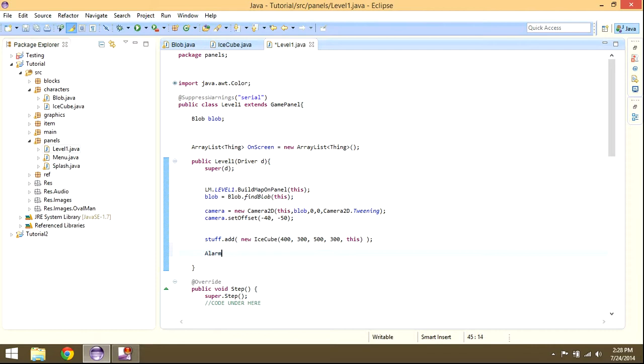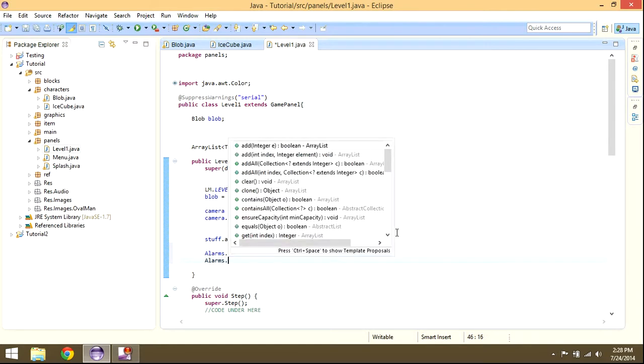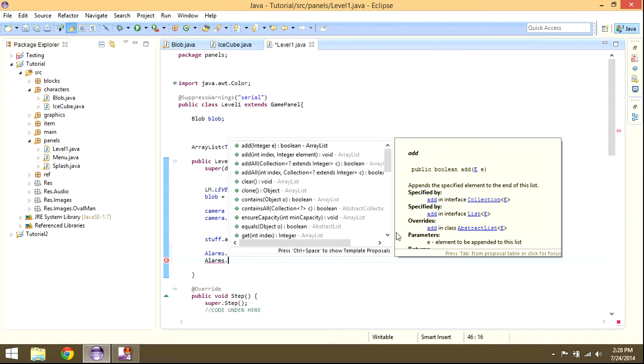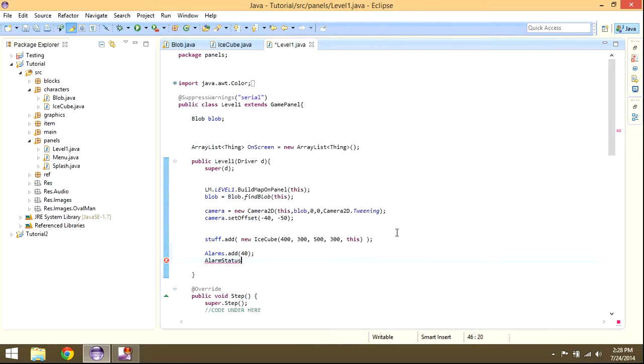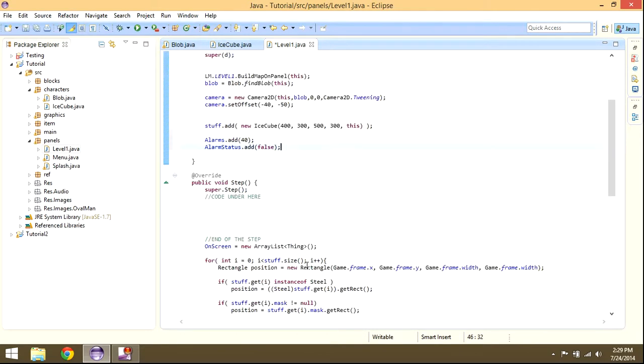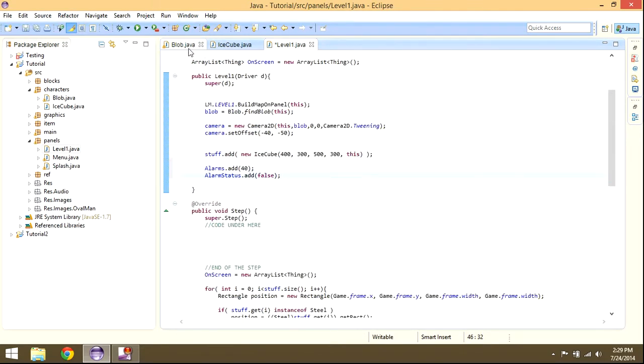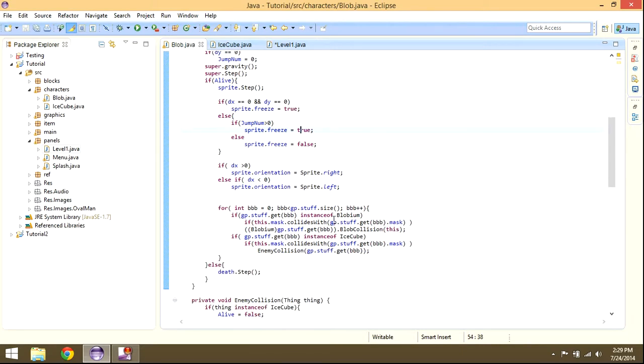We're going to say alarms, does help spell it right, dot add, and let's just make it 40, and then alarm status dot add false. And that basically means that we're not counting this alarm right away. And so the next thing we want to do is when we die,